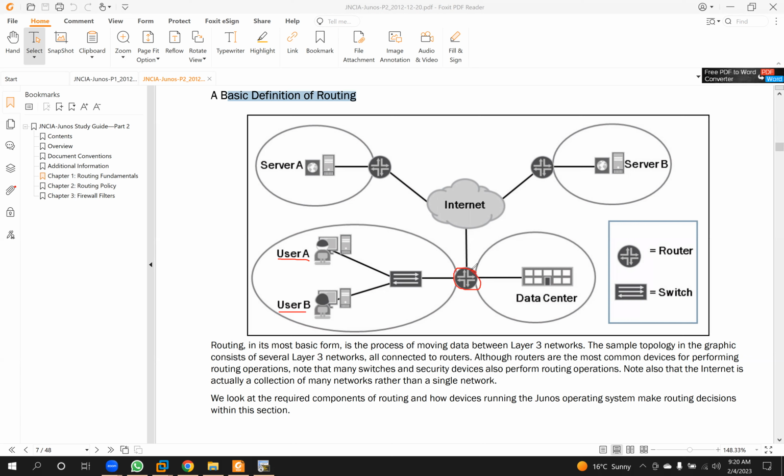This is a router, and this is a switch. User A and user B can be connected in the same subnet or in different subnets. Is there any need for routing for communication from user A to user B? Do you understand my question? Yes? No. Because